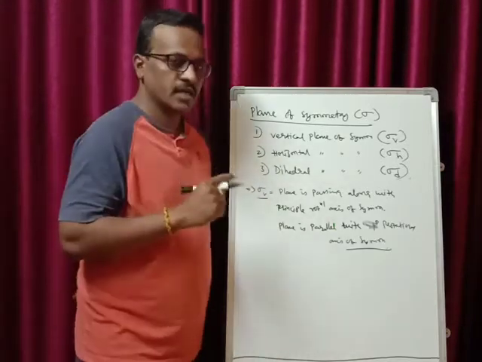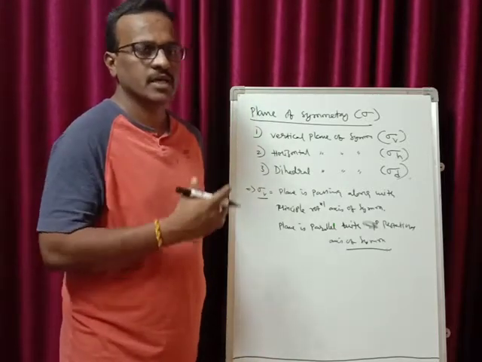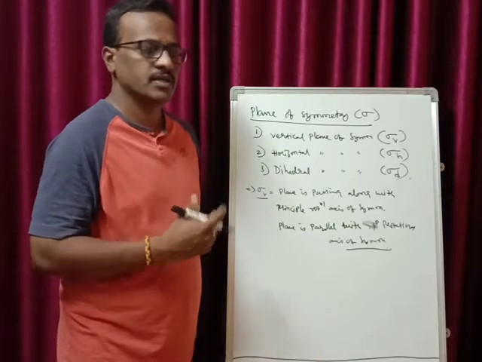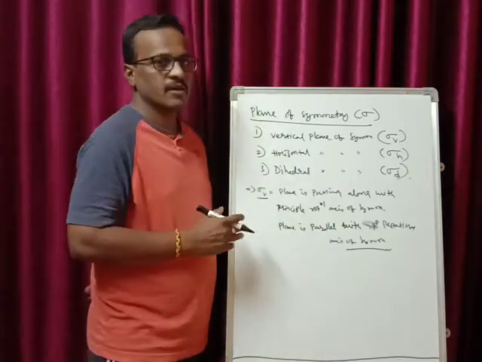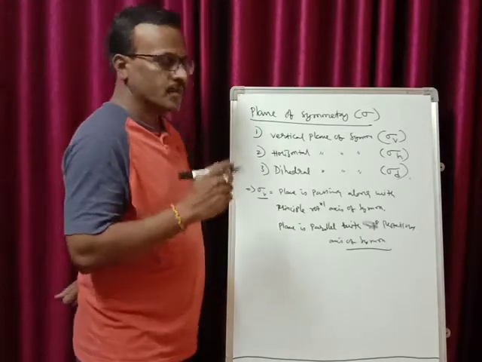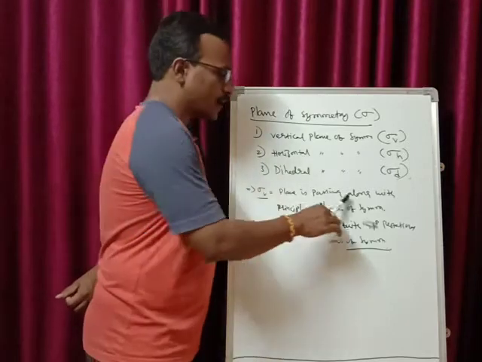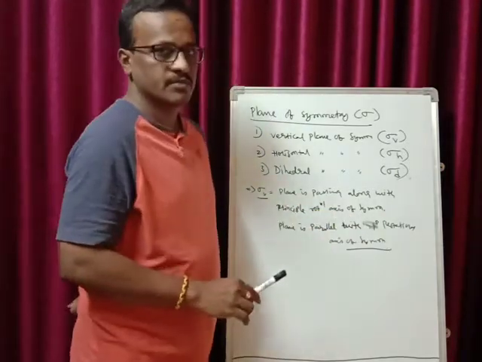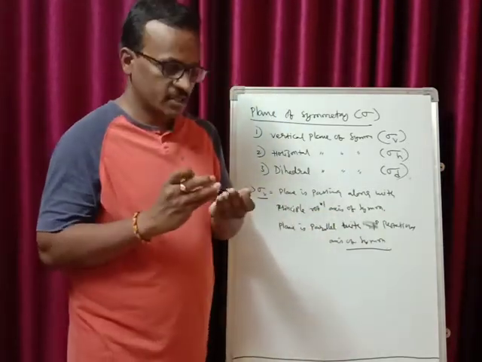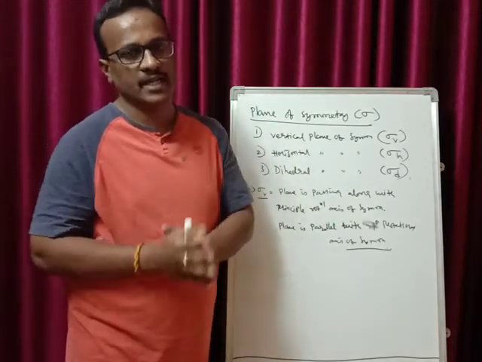Now if you go through that, there you will understand what is rotational axial symmetry, types of rotational axial symmetries, principal and secondary rotational axial symmetry. Then you can easily understand the vertical plane of symmetry, horizontal plane of symmetry, and dihedral plane of symmetry. The condition for sigma v, that is vertical plane of symmetry, is that the plane should pass along with the principal axis of symmetry. That means the principal rotational axis of symmetry and the plane should be along the same direction or same axis, we can say that.